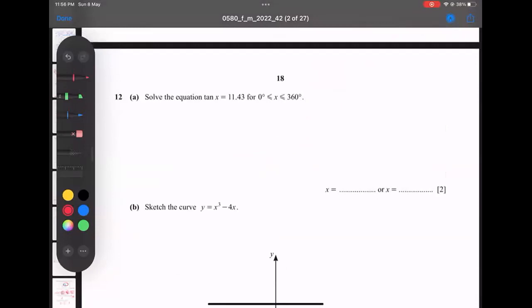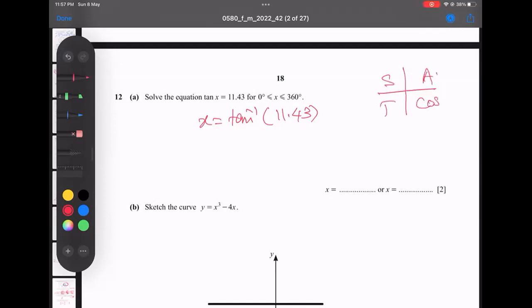In question number 12, he's asking, solve this inequality. And we have a tan. So x tan goes on the right hand side and becomes inverse. You can get it by pressing the shift button. So when I take the tan inverse of 11.43, I get, and first of all, you know, the CAST property,